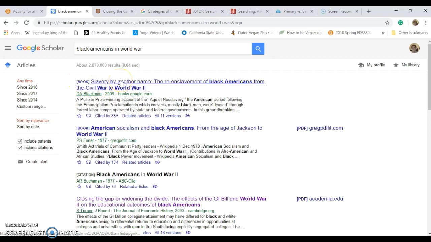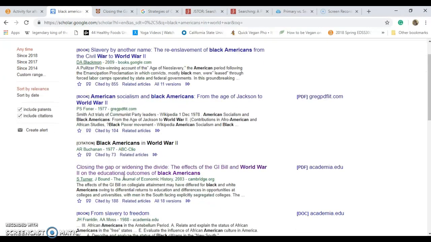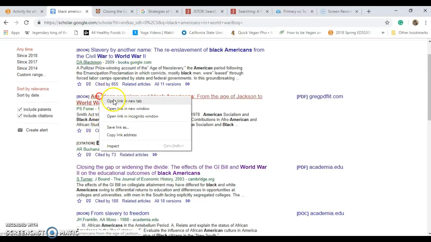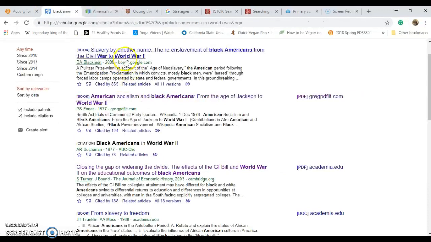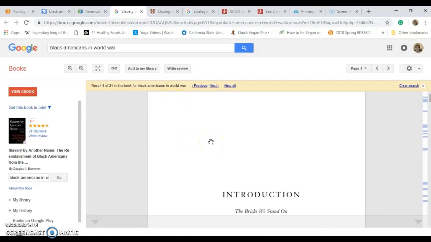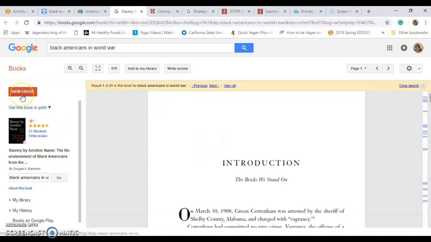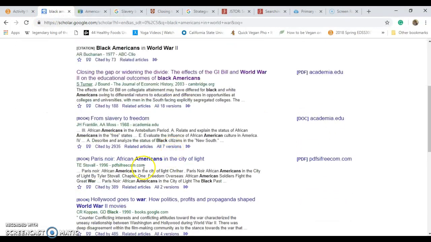You can click on this book, but I wouldn't recommend clicking on books, since you'll only get an excerpt that will look something like this, or like this. But it might be a good place to start. You could either view the ebook or go check out the book from the library. However, there will also be